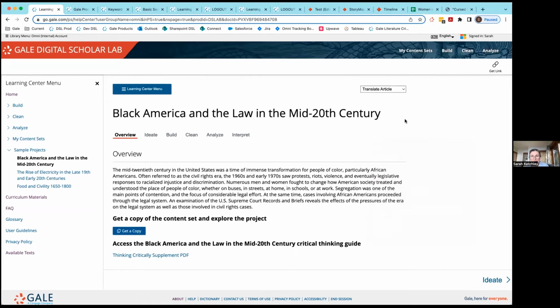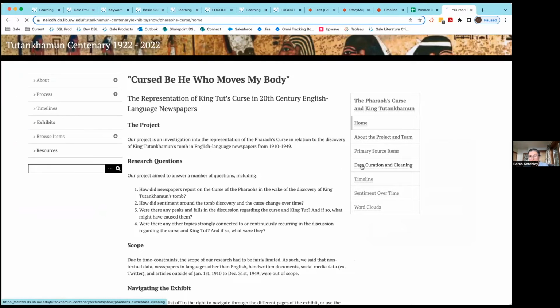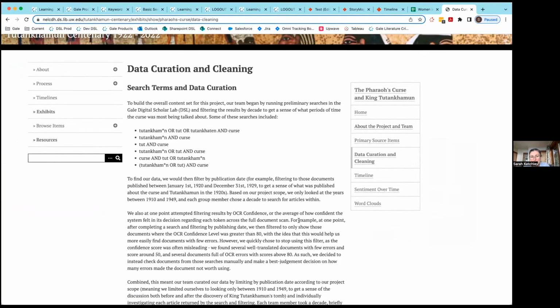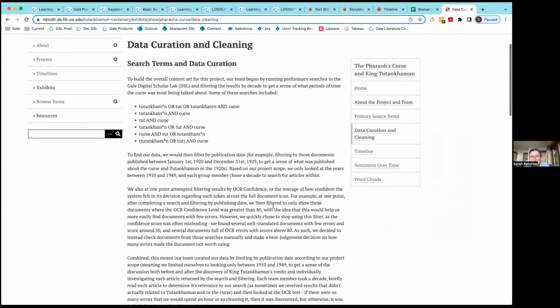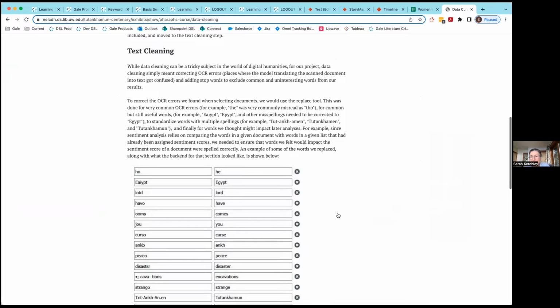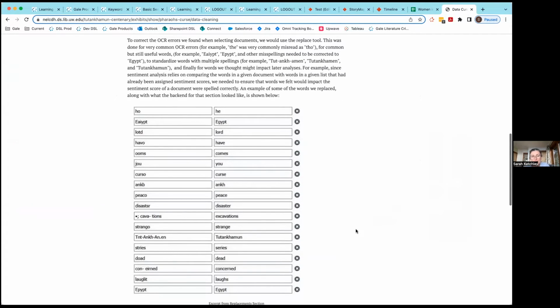Yes. So what we can do is look at one of my classes, the one I just taught, and we can take a look at some of the student work to see the process that they went through to clean their data. So this is a great example here, actually, of some of the choices that they made in the primary source text,